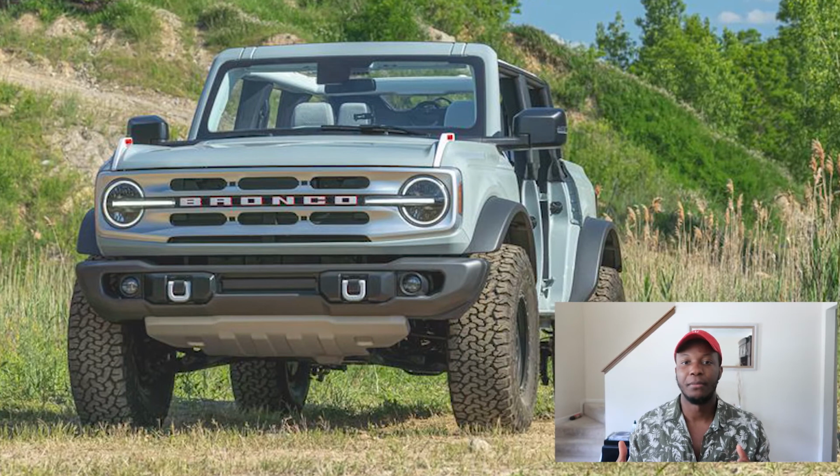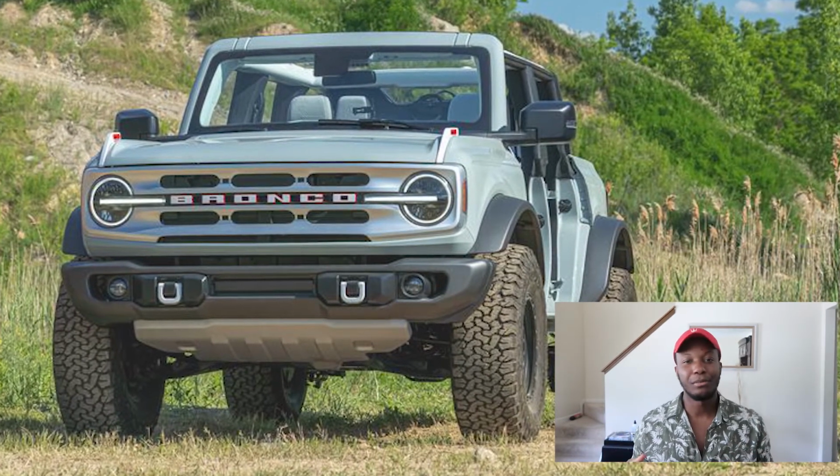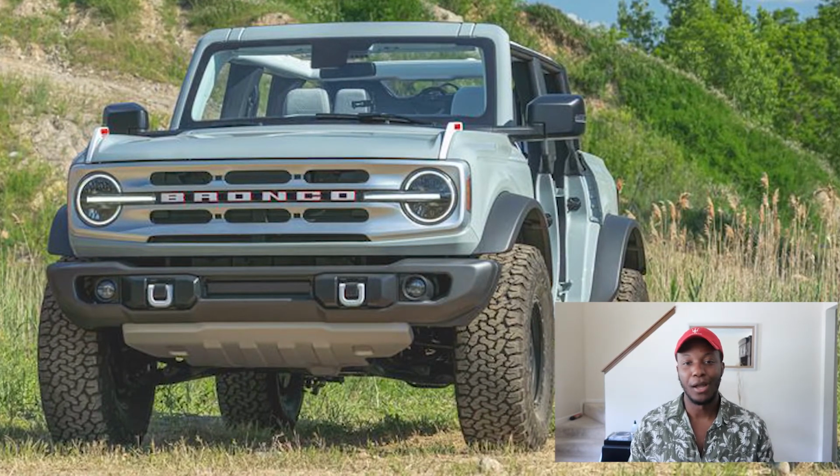So the fact that they're doing it now, when Ford, on the other hand, is coming out with a lot less powered vehicles, is pretty interesting. Jeep is coming out with a 6.4 liter Hemi V8 engine, like this super powerful car, and I can only imagine that it's going to be so much more expensive than a Ford Bronco. So, at least starting off, you're probably more likely to want to get a Bronco because it's cheaper. But my guess is probably within the next few years, you're going to get a V8 Ford Bronco